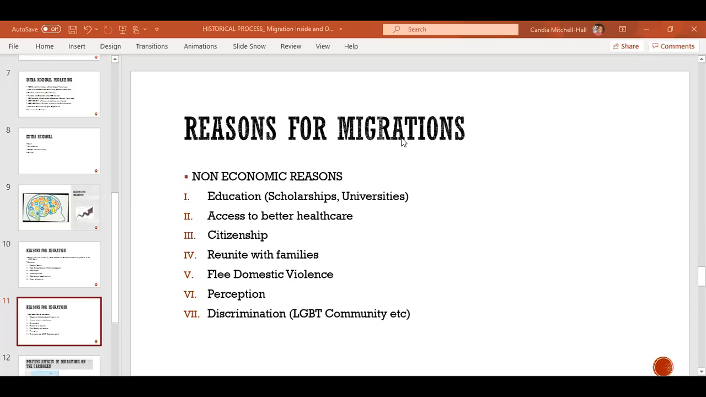And most of us would have families who are in these different countries. So we migrate to reunite with our families. Some females tend to migrate to flee domestic violence. In my research that I have done,